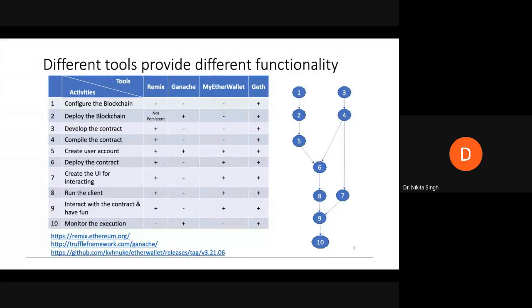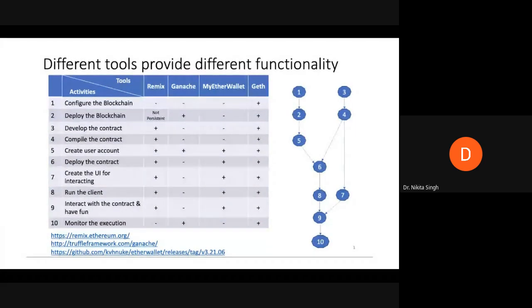It is a high-level language which inherits the traits from C++, Python, and JavaScript, and it uses an Ethereum virtual machine which translates your source code into bytecode and that runs on your blockchain. So we have used Remix to write smart contracts, to compile our smart contracts, test them, and interact with them.